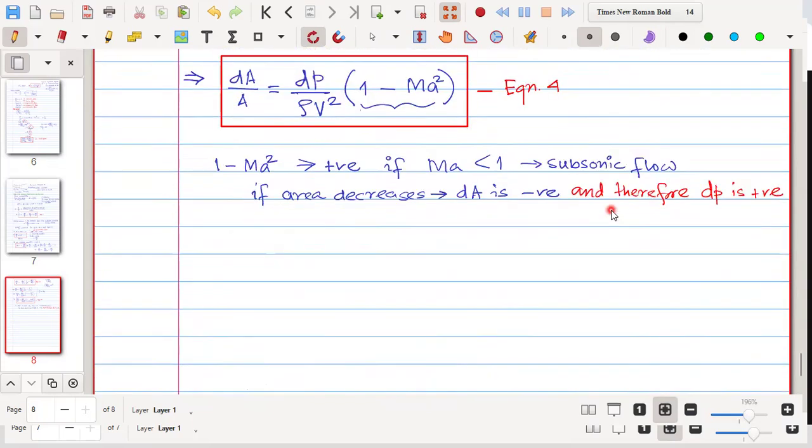Therefore, dV is negative. Is it clear? First observation, is it clear? So that means what? We have observed the first thing that